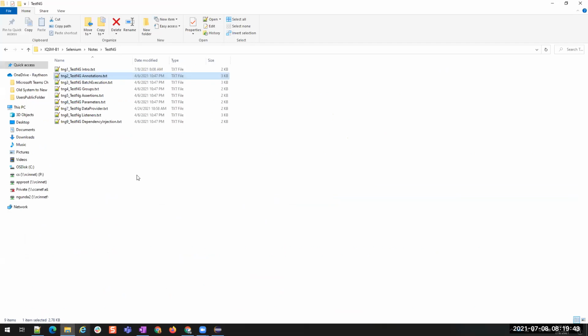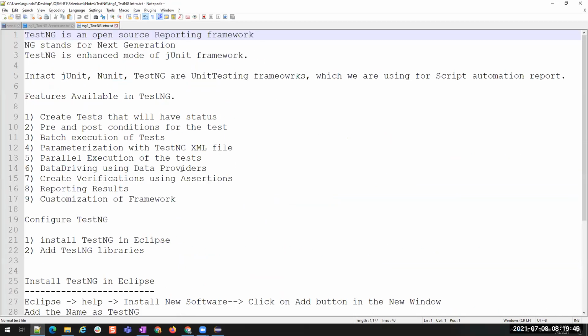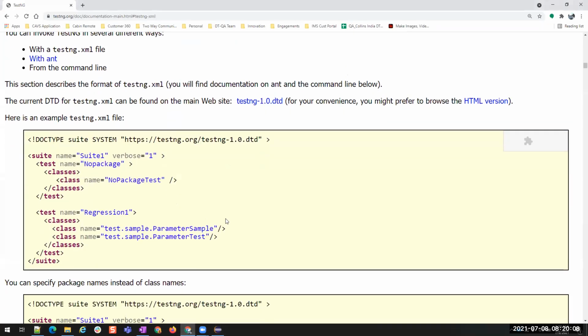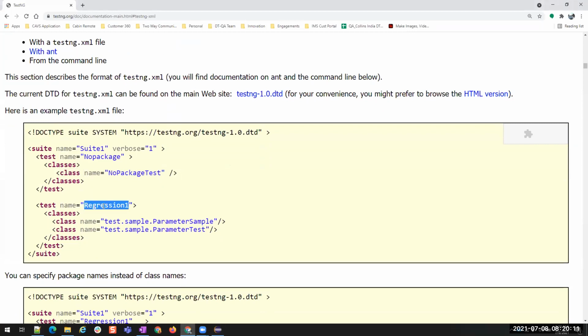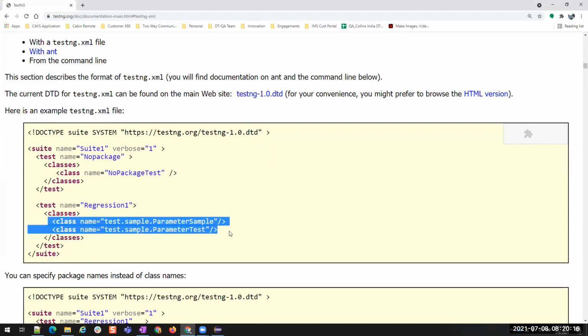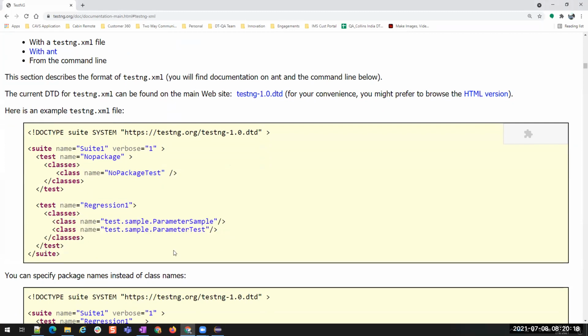Okay, introduction. Let me open the introduction sheet. Then you see this batch execution of tests. We discussed this, right? If you want to execute all the test cases at once, I don't want to sit and run each test case one by one. You remember this? Yeah. So now to perform this operation, our testng XML file will help us. You see here, this is one test, regression. If I want to do my regression testing, then I have to run all the test cases inside all the classes which I mention here.